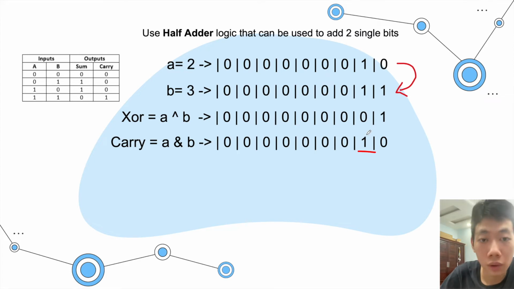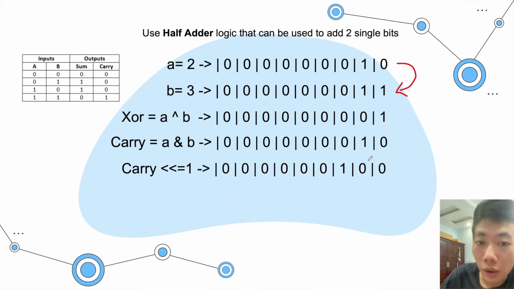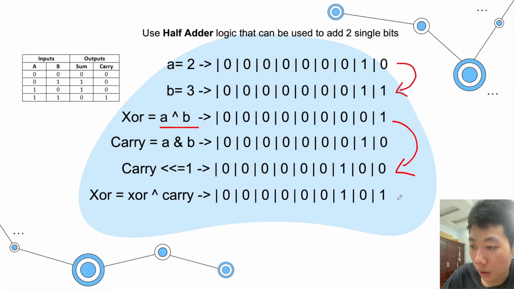And after that, we need to left shift this number to this position, right? So we will left shift it by 1, so this number 1 here will be left shifted 1 position. And then we're going to take this A XOR B and XOR it with this carry. So we're going to have this number here, exactly like the number I just calculated for you at the beginning